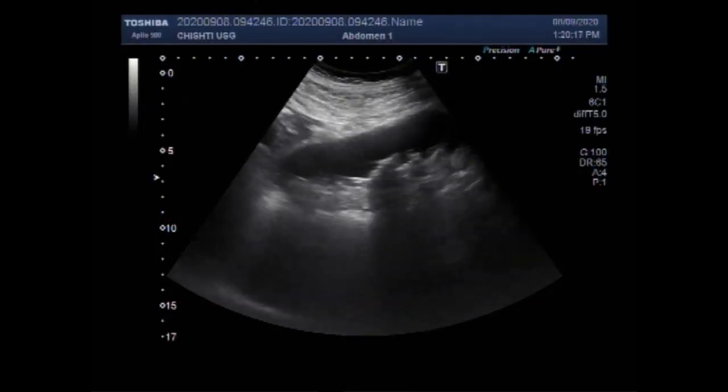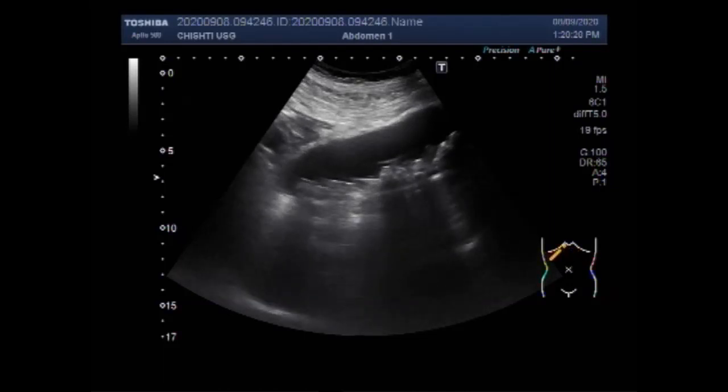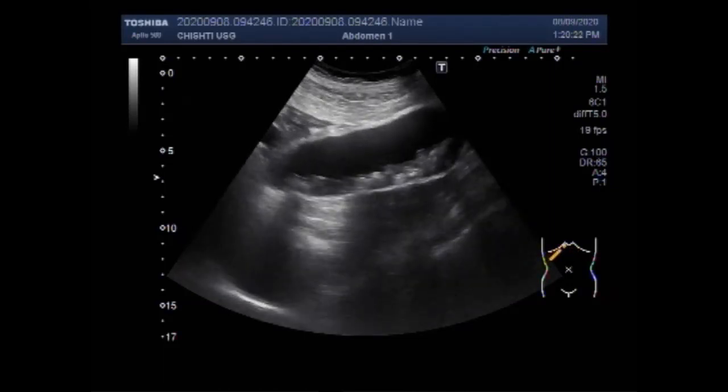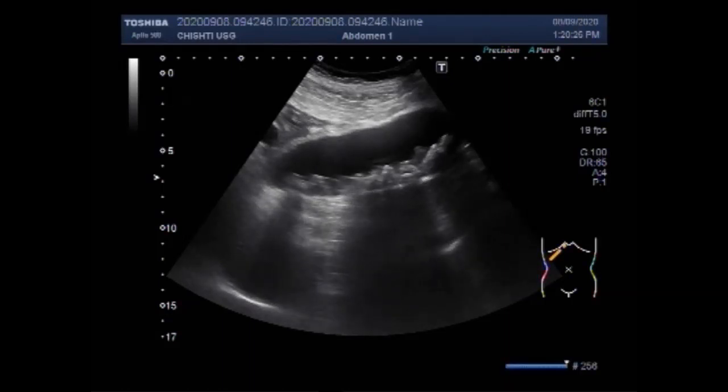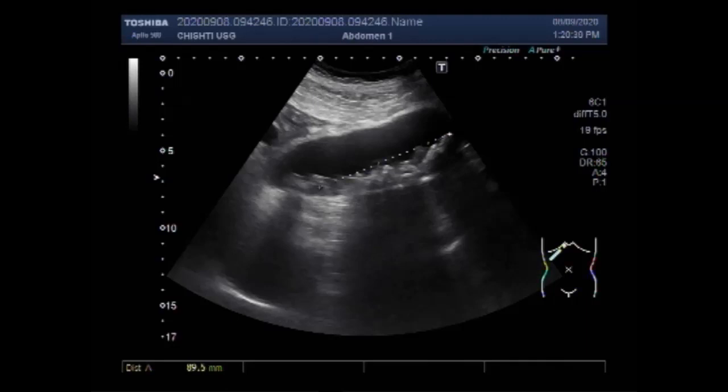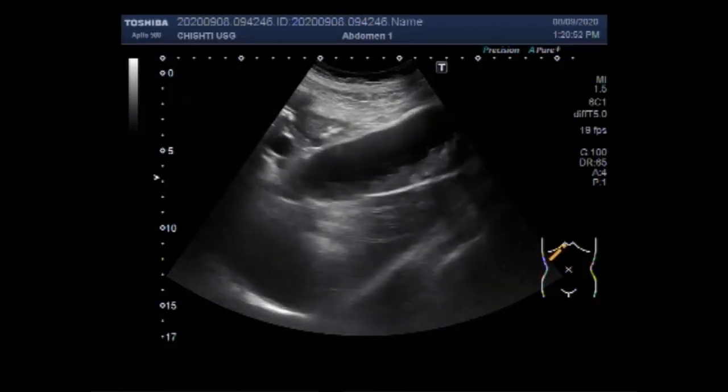This ultrasound video shows multiple stones in the gallbladder as well as in the bile duct. That is cholelithiasis. Cholelithiasis is the presence of stones in the bile duct. The stones can form in the gallbladder or in the ducts themselves. These stones cause biliary colic, biliary obstruction, gallstone pancreatitis, or cholangitis, that is bile duct infection and inflammation.